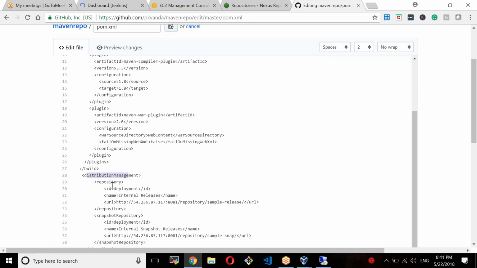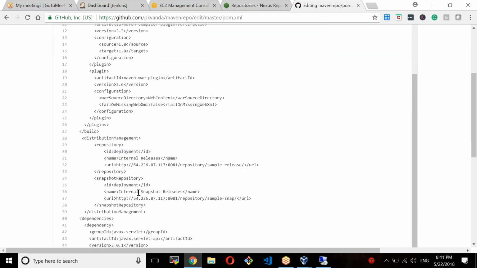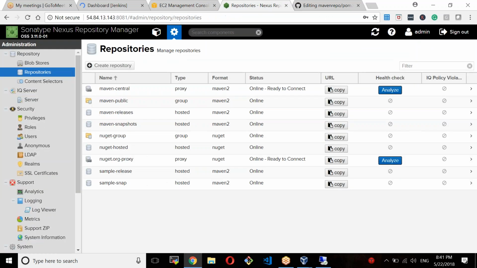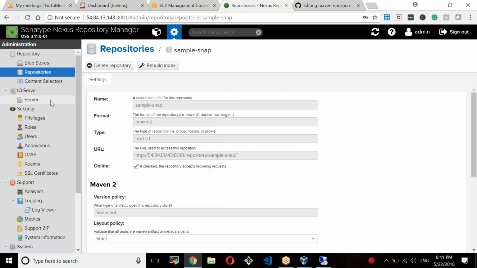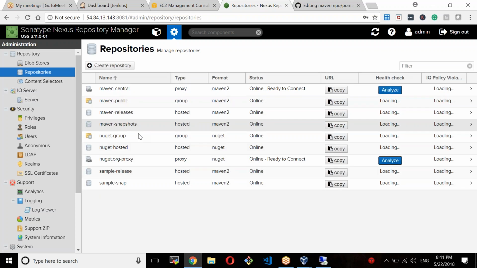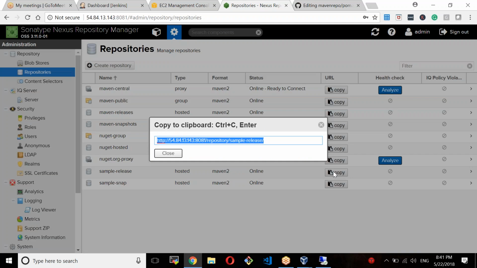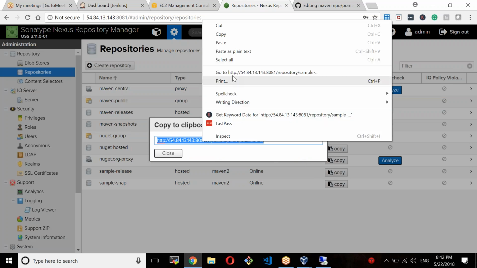So distribution management, repository. Okay, so that is the snapshot deployment, and this is the actual releases. What is the IP address of this machine? Just go here, go to sample snap, go back to repositories, right click here, just click on copy. You will get the URL. Okay, copy this URL,